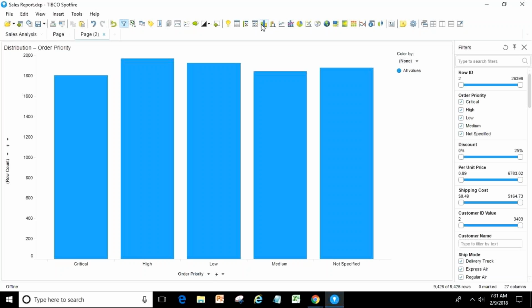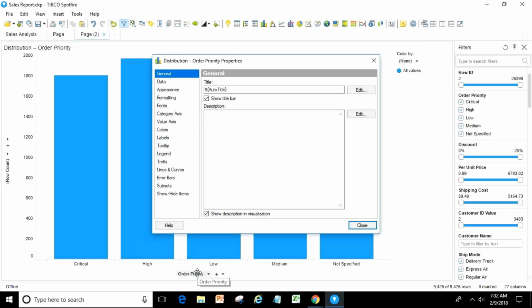Okay, so bar chart is a kind of visualization which will help users to see data in a categorical way. Here we will have data like, let's say, sales versus category. This way my users can see categorical-wise data. So category is nothing but your x-axis. This is called category. Value axis means your y-axis.